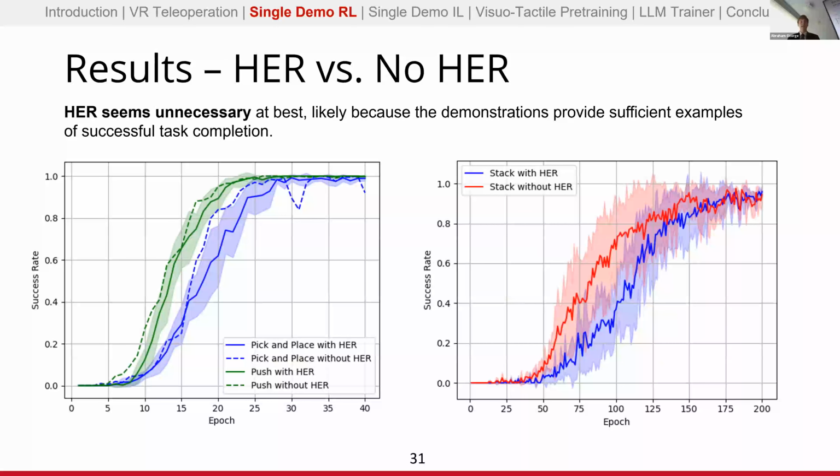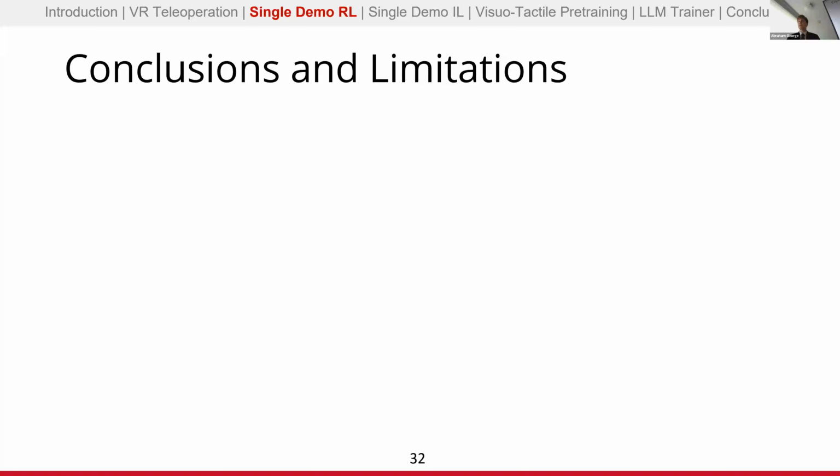And then we also did an experiment showing hindsight experience replay versus without hindsight experience replay. Typically, you need hindsight experience replay in order for the DDPG agent to overcome the exploration challenge. But because we added in these single human demonstrations to specifically tackle that problem, we wanted to see whether we still needed it. And the answer is no. In fact, hindsight experience replay harms the agent whenever we have our single human demonstrations included. So that just goes to show we no longer need to use this method whenever we're using our single demonstration.